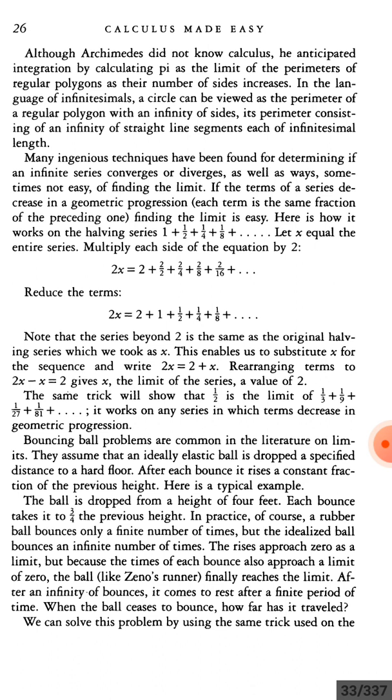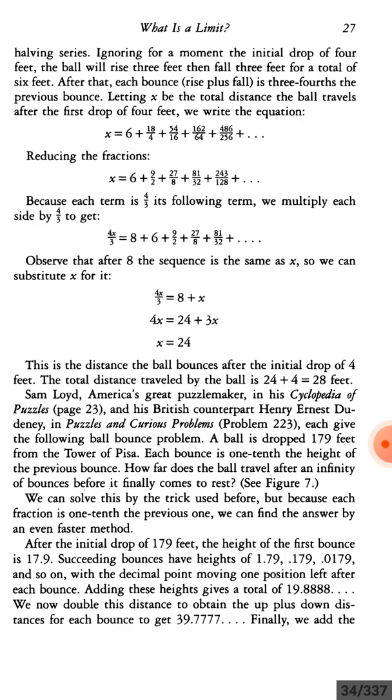After a finite period of time, when the ball ceases to bounce, how far has it traveled? We can solve this problem by using the same tricks used on the halving series. Ignoring for a moment the initial drop of 4 feet, the ball will rise 3 feet, then fall 3 feet, for a total of 6 feet. After that, each bounce, rise plus fall, is 3/4 the previous bounce. Letting x be the total distance the ball travels after the first drop of 4 feet,